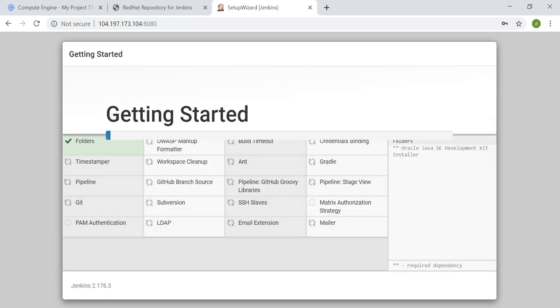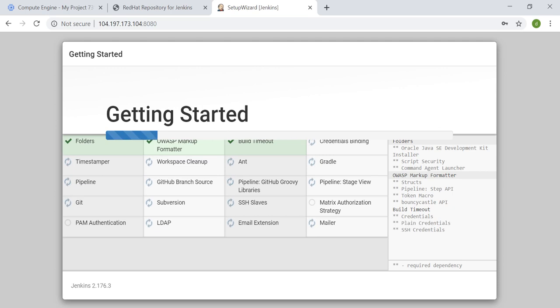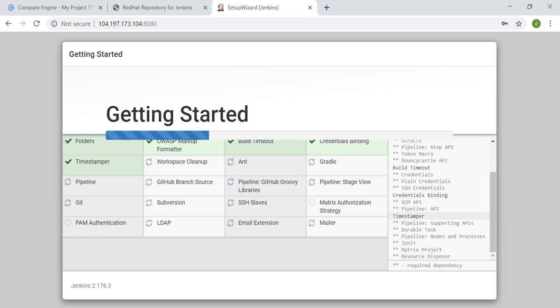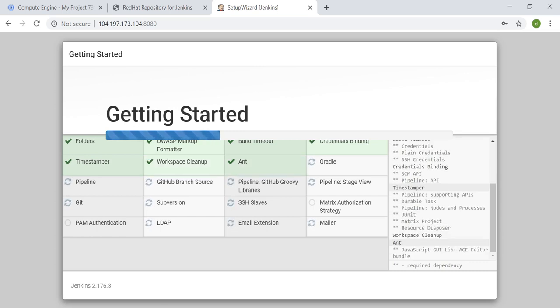So the default plugins, like more widely used plugins, will be installed now. You can see here some of the plugins like SVN, LDAP, Git, Pipeline and so on. So many plugins which help you to integrate with the respective tools or packages are getting installed.